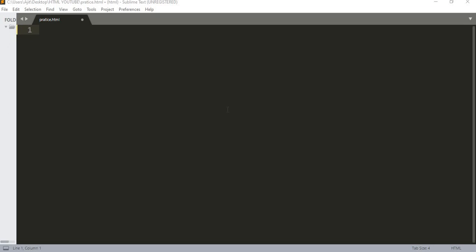The anchor tag basically has two kinds of links, internal as well as external. That means we can make an internal link as well as an external link. Both the internal link and the external link are important in the anchor tag. Okay, so let's get started.